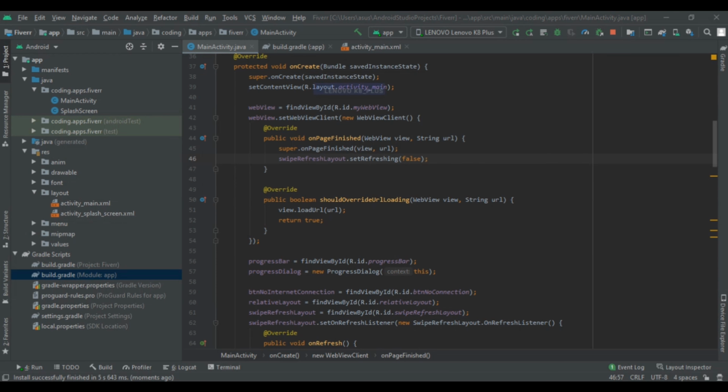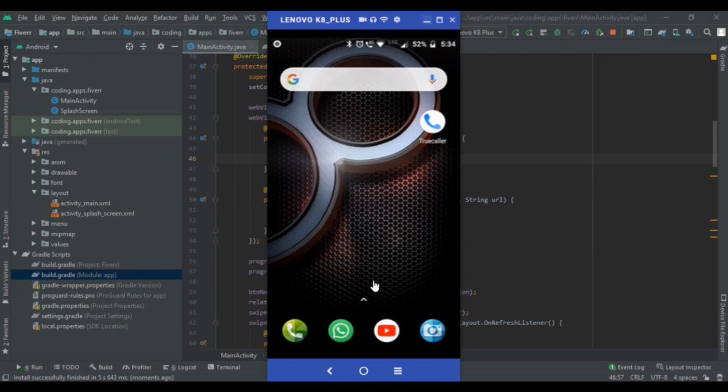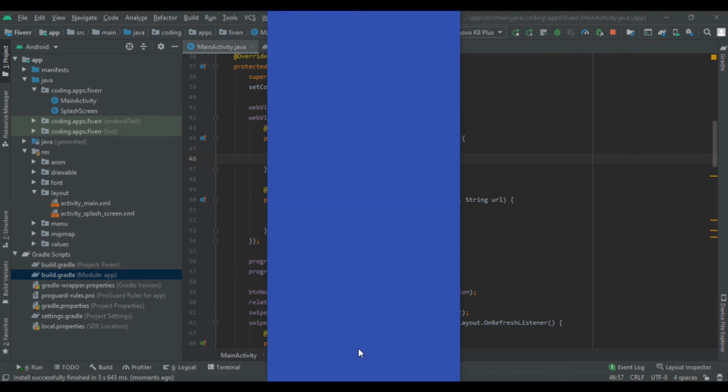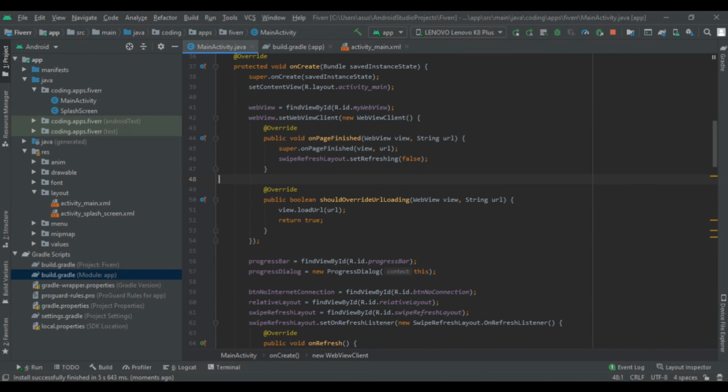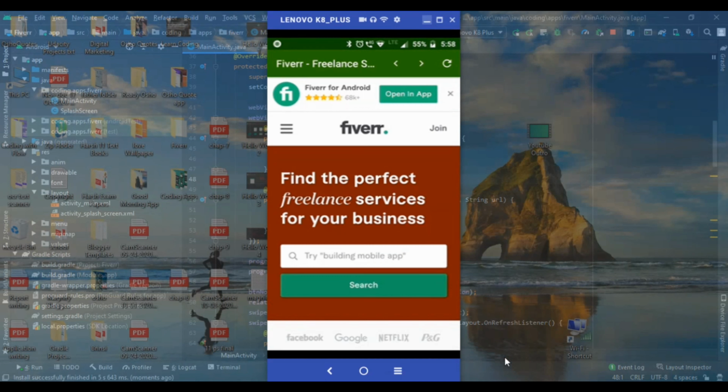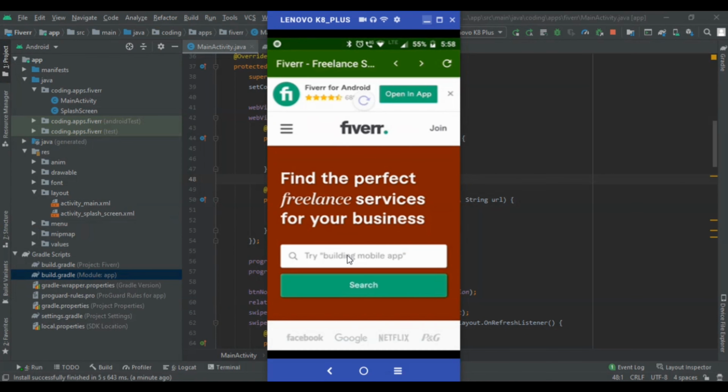Now our application has run. Now we are going to check out our application. So here is our application. Now you can see when I drag this from top to bottom, we are seeing this color schema.